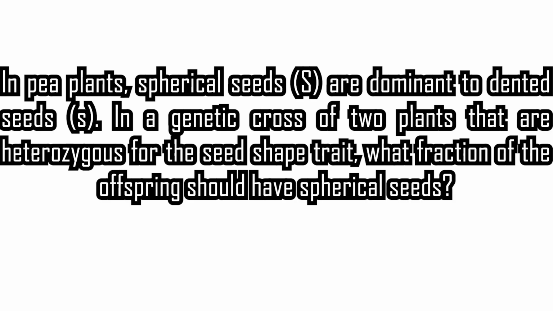First off is the monohybrid cross. In pea plants, spherical seeds, S, are dominant to dented seeds, s. In a genetic cross of two plants that are heterozygous for the seed shape trait, what fraction of the offspring should have spherical seeds? So first off, we